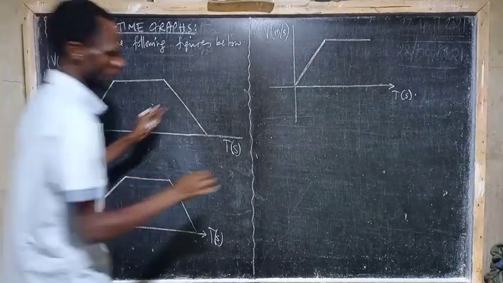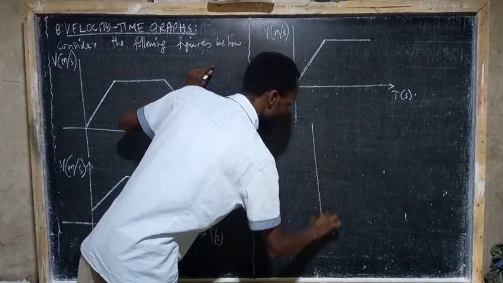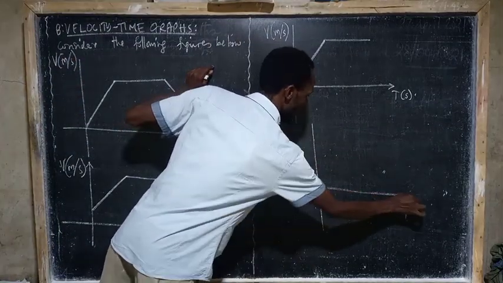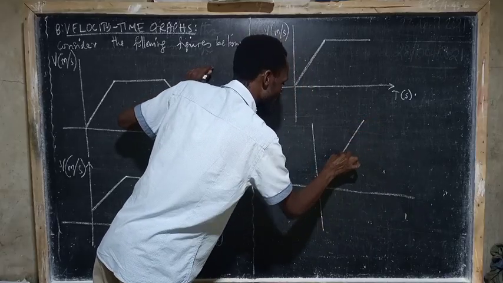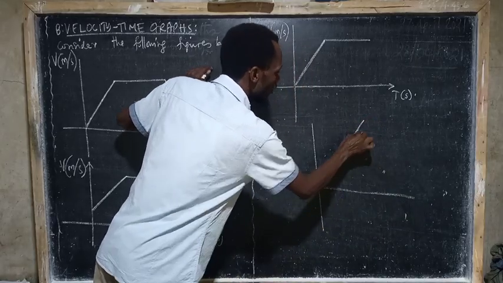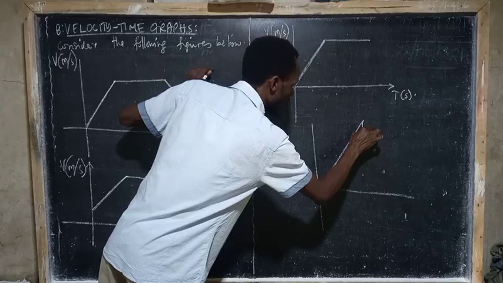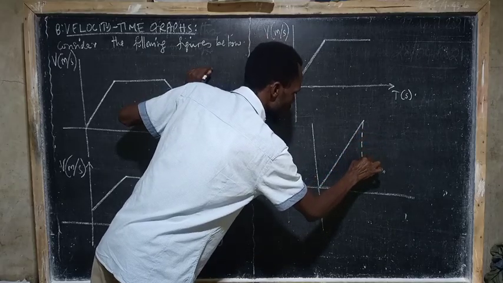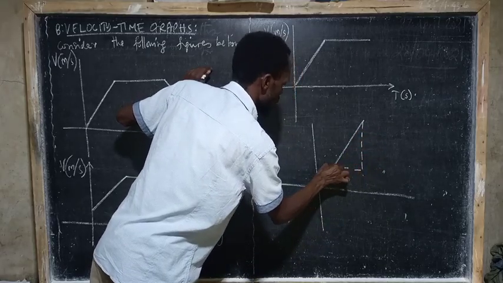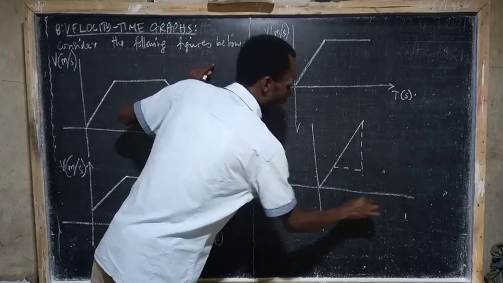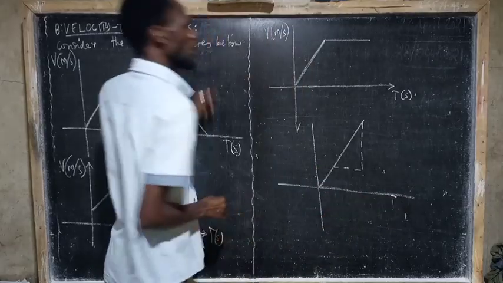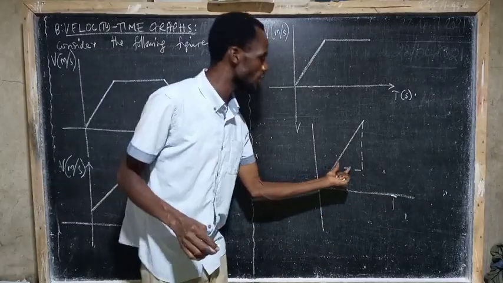How does it happen? Remember, you have this one and you have this one. This is the line that is passing through the origin. And now, if we want to consider what we call a slope, we draw this one. This represents the slope. This is the velocity and this is the time. So, to find out the acceleration of this graph,